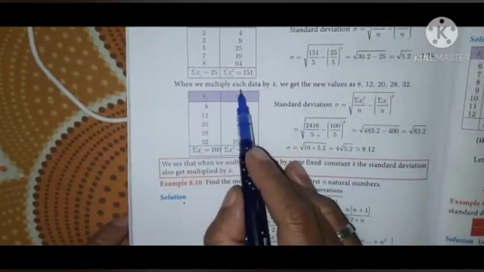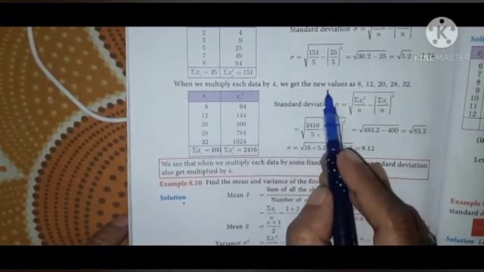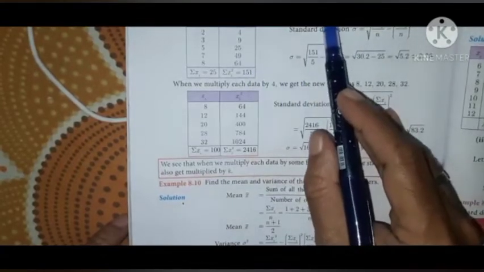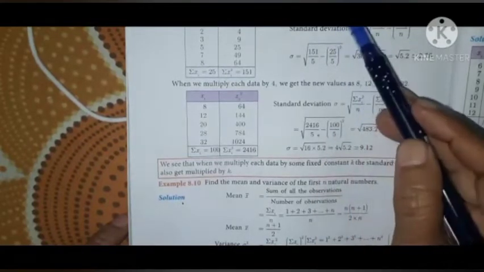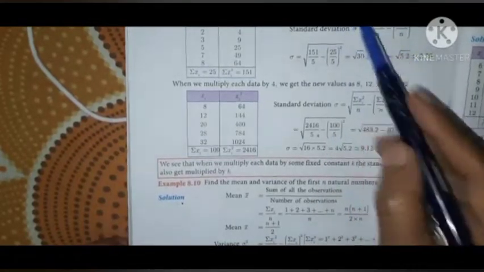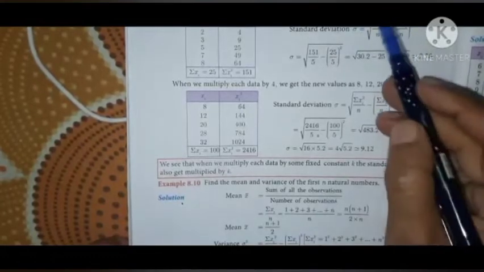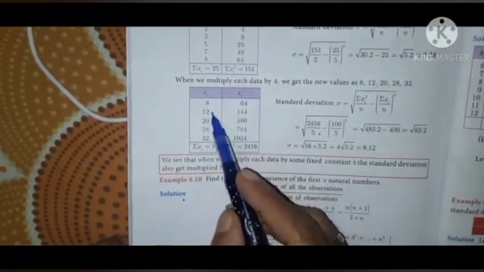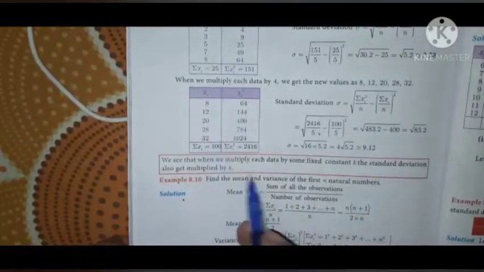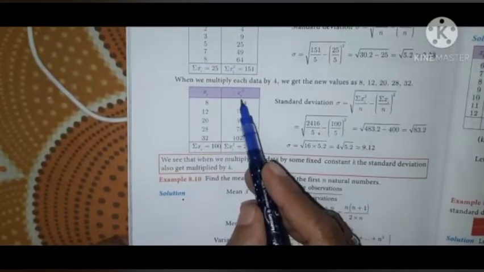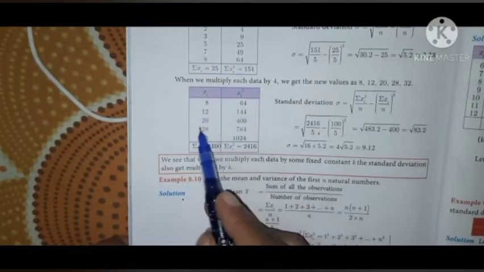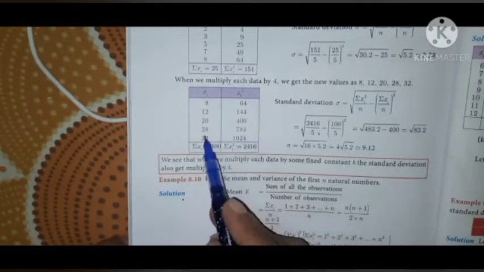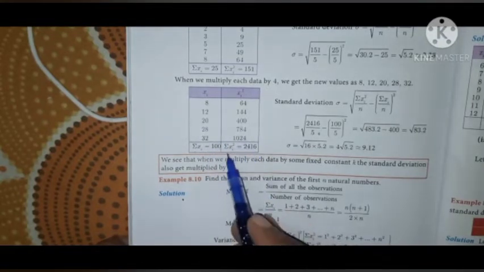When we multiply each data by 4, we get the new values. 2 into 4, 8. 3 into 4, 12. 5 into 4, 20. 7 into 4, 28. 8 into 4, 32. x: 8, 12, 20, 28, 32. Sum of x is equal to 100. Sum of x square: 8 square 64, 12 square 144, 20 square 400, 28 square 784, 32 square 1024. Sum of x square